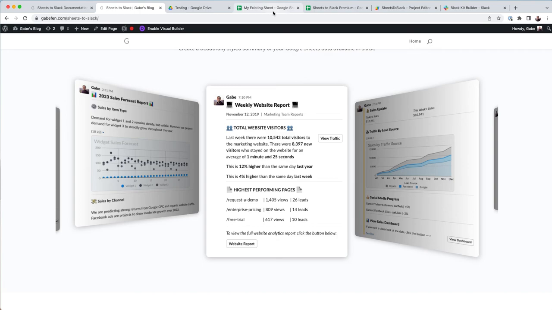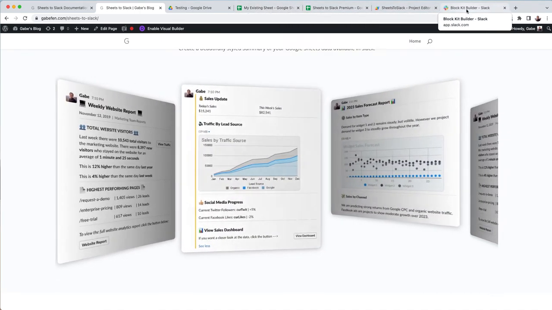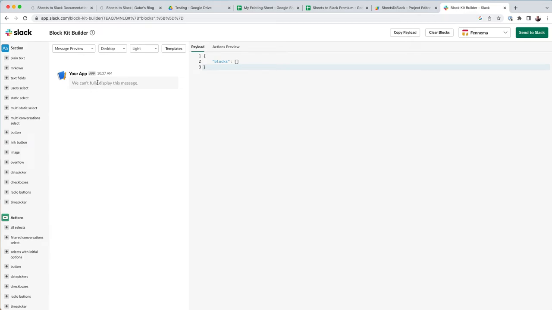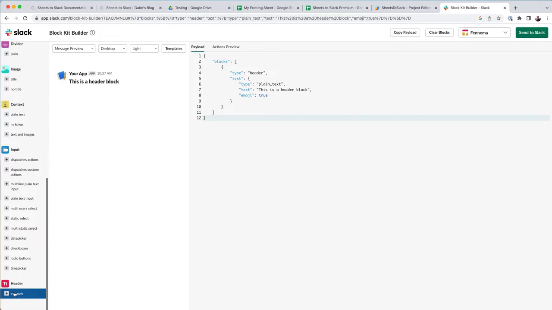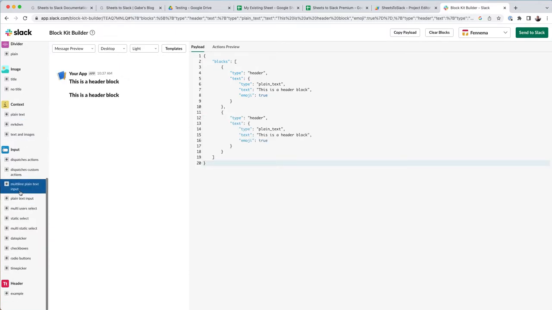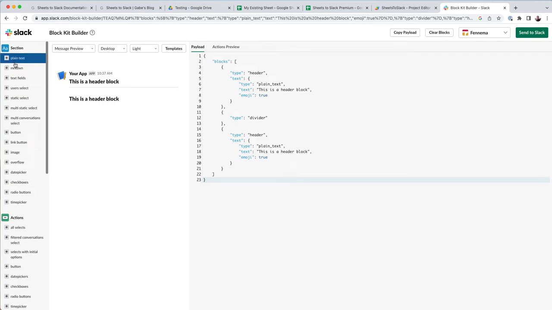So the first thing that you want to do is probably go into the Block Kit editor. Let's figure out what we want this to look like. In here, Slack makes it really easy to build a message. So let's get a header. Maybe we'll do two headers. We'll throw in a divider, and we can visually put these together. And then let's do maybe